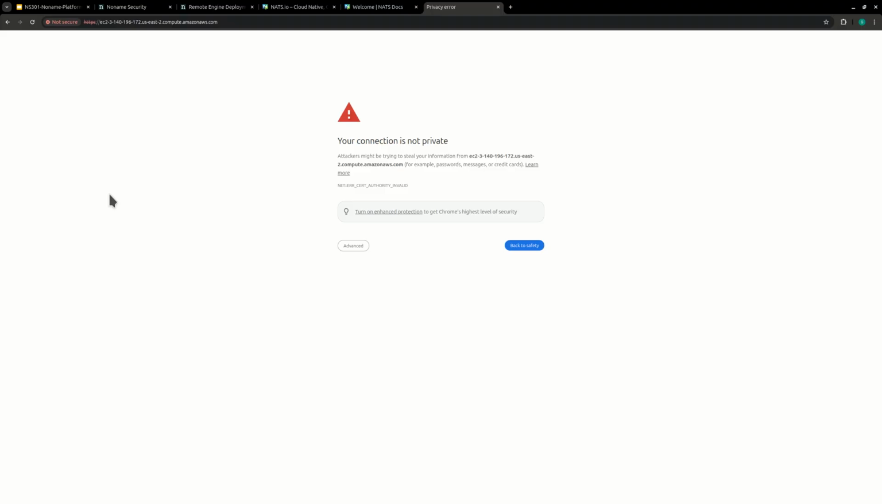This is a good sign that it tells me that there is a self-signed certificate, which is exactly what the default certificate is available when we install the no-name platform. Okay, so I'm going to select advanced. We're going to proceed. Now be careful because sometimes on a Mac, you're not going to have this